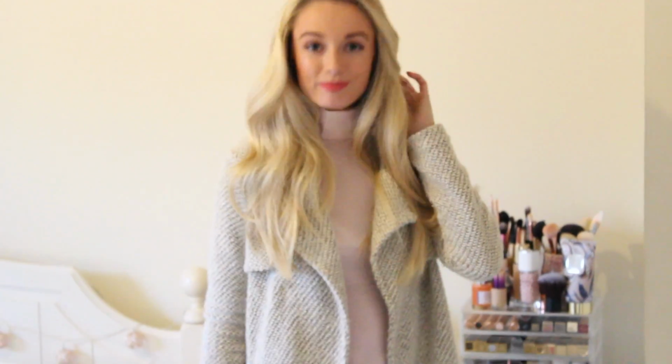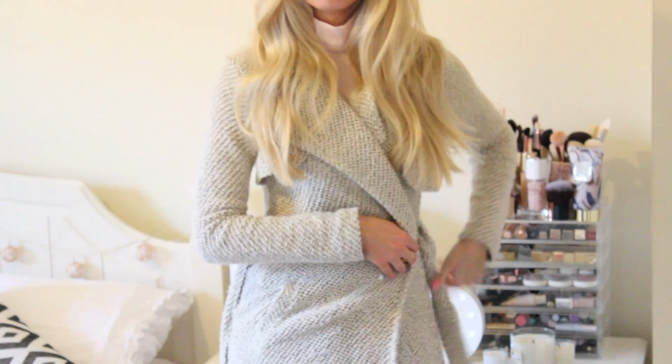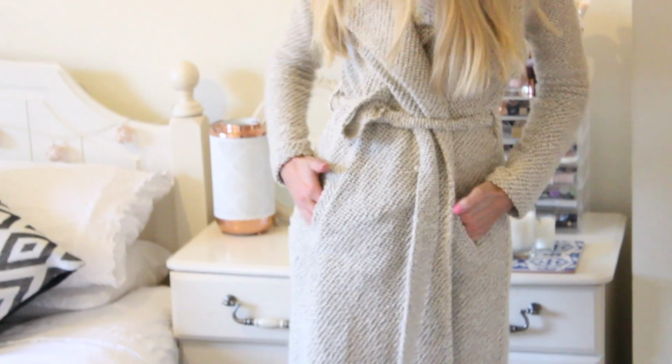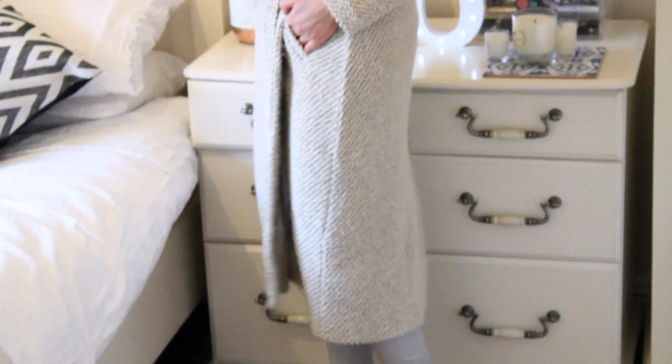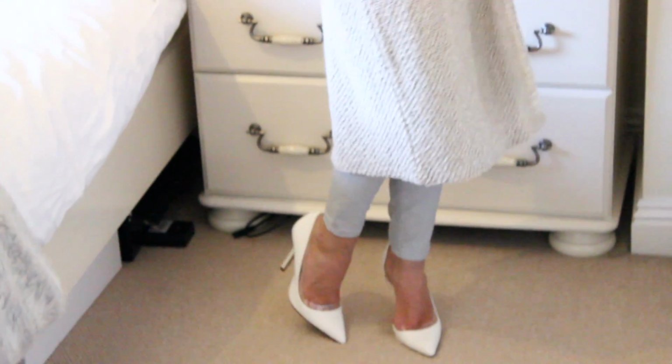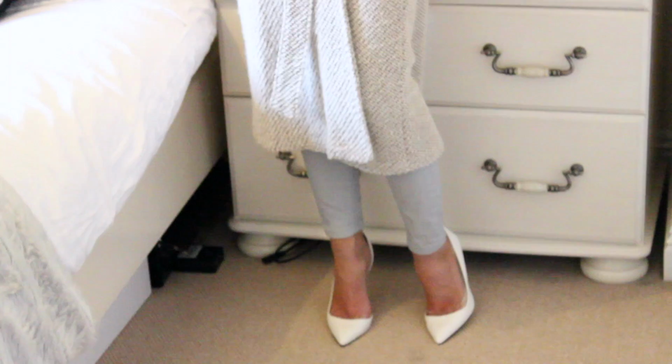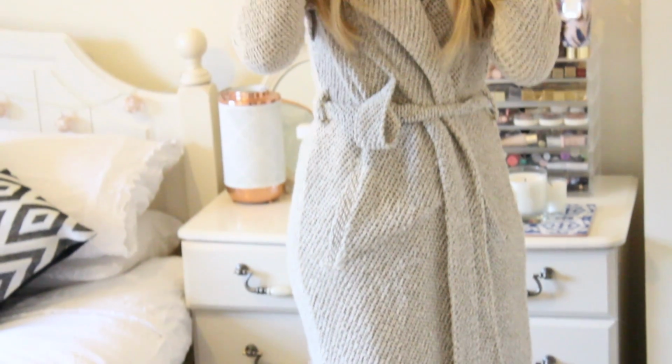So I picked up this coat from River Island because it's the exact same cut as my grey one, which I'm not sure if I've actually featured it that much, but basically I got this same coat but in grey, long line kind of duster style, and I wore that coat to absolute death. It's pretty much all bobbled and falling apart now, and I thought this browny oat kind of colour with this really textured material would be a nice